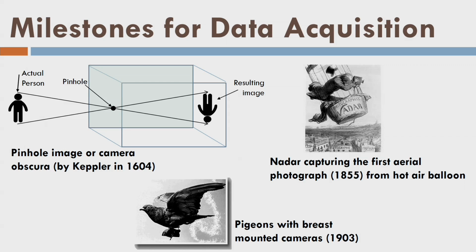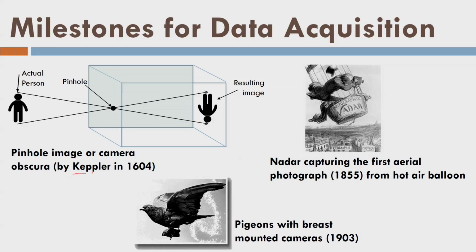Okay. Now, we are talking about the early stages of photogrammetry. So, Kepler first conceptualized the idea of the camera. That means there is a person here, and if there is a pinhole in the box, one can acquire this image, right. So, now you see that person is looking inverted here, and that is the idea here, because a ray which is coming from this point is going to this point, and the ray from this point is going to this point, and as a result an inverted image is formed on this screen, and what we call here is the negative or negative plane or whatever, right.